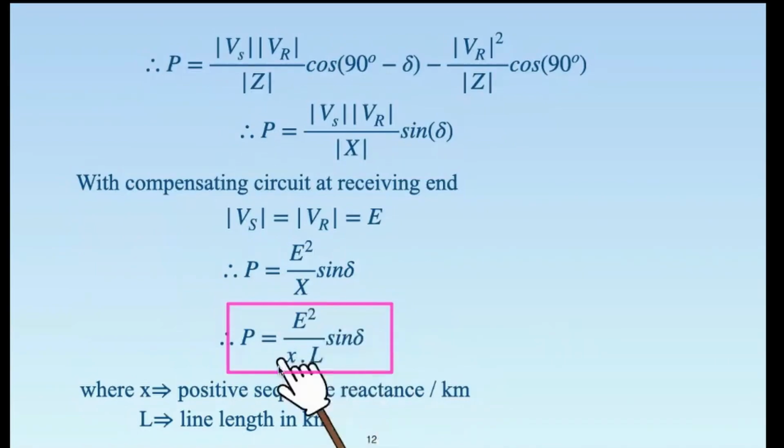So what will happen is that from a single line, you were transmitting at 400 kV, distance of 300 kilometers. The capacity was only 250 megawatts. But let us say after 10 years, the load becomes 500 megawatts or maybe 750 megawatts. So what to do in that case? Naturally, what we think is that we just keep on adding the load to that line. But the line cannot carry power. You may add load at the remote end, but the line cannot carry power more than what is described by this equation for 400 kV. For the same fixed distance, 400 kV, you cannot transmit more than 250 megawatt.